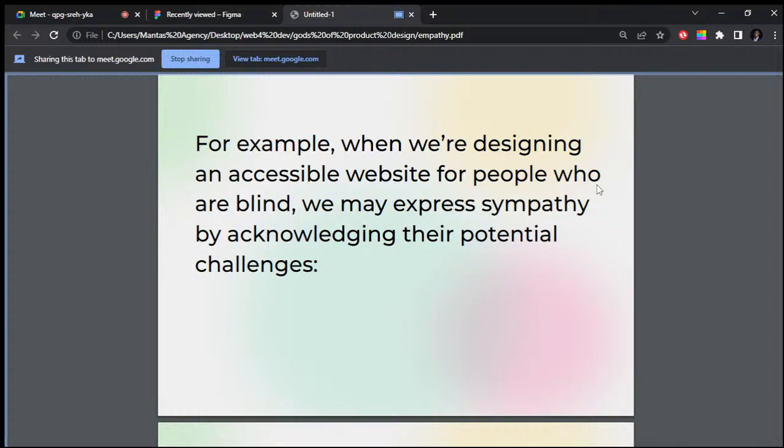We don't know how to read this thing that we're writing or putting on the screen. But when you are trying to empathize with them, you might